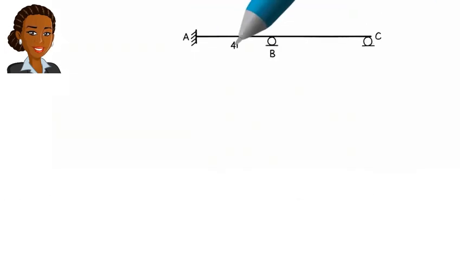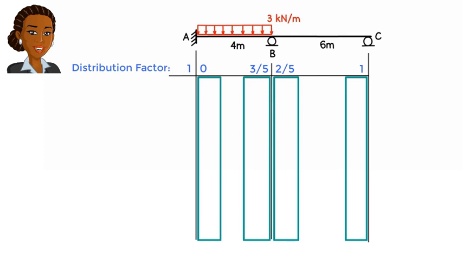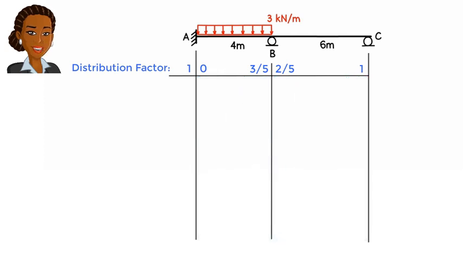Consider this beam. Here are the distribution factors for the joints. Note that here the table has one additional column, the very first column. This column gives us the moment at the right end of the imaginary element. The second through fifth columns are for determining the end moment for real members. From lecture SA38, we know that the fixed end moments for member AB are: